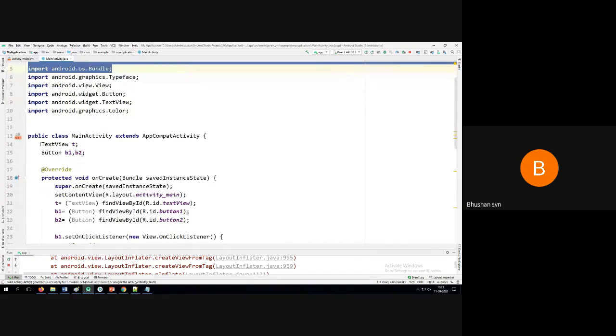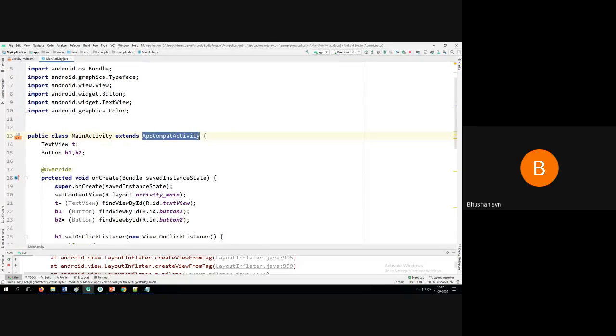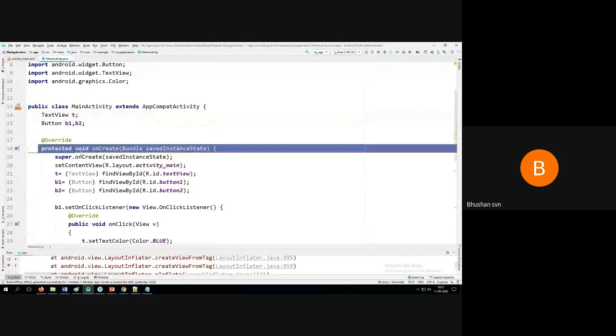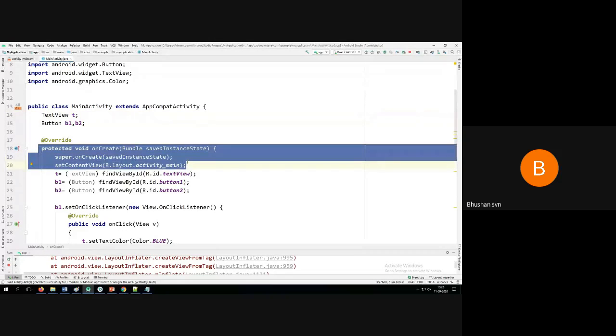Next, you can see public class MainActivity extends the, this is also an abstract class, which will have a lot of other interfaces and subclasses. The 13th line is a default line, and lines 18, 19 and 20. There is a life cycle for each activity.